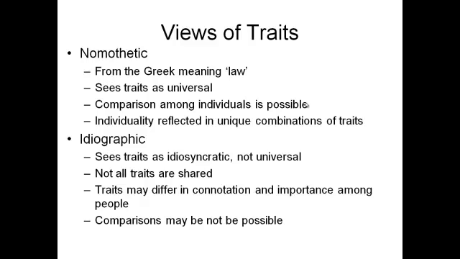You can compare one group of people to another group of people. You can compare Americans to Japanese to essentially look at extroversion or introversion or sociability or aggression or whatever trait you happen to be looking for. The nomothetic approach is saying you can definitely do this, in that you can compare groups of individuals on these particular traits.